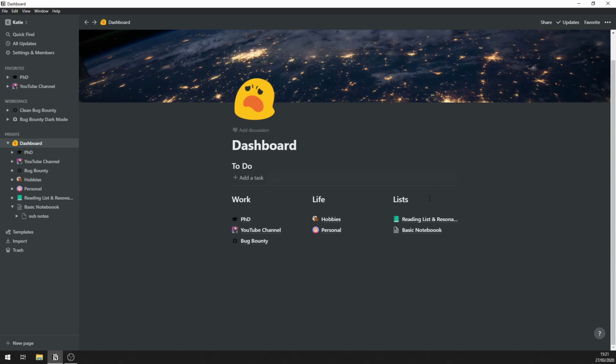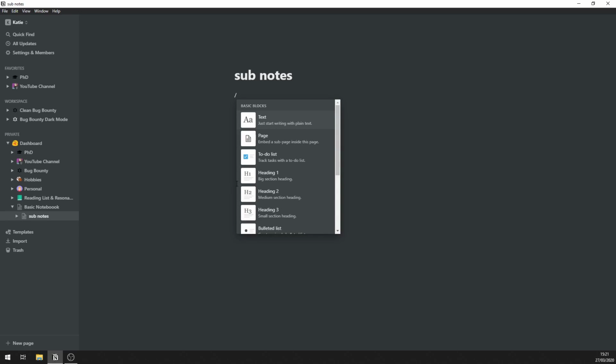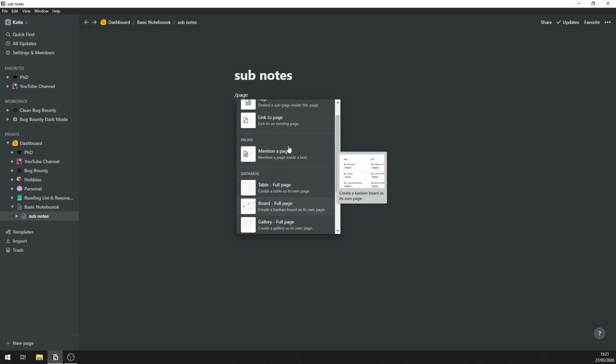Now, this is my actual dashboard. I don't like doing work a lot, so it's got the groaning blob. And you can see how each one of these is clickable. And we can click to that, and then we can click to our subnotes. And you know, we might want to add a little page within this,